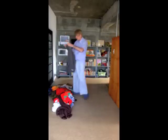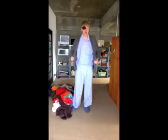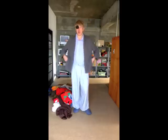So here's one I don't have to struggle with. This is a kind of cardigan, which I guess would be the first instance of what I call shufu clothing. Shufu is the Japanese for a housewife, and I buy a lot of shufu stuff. Housewives in Japan have a very particular kind of shop dedicated to them, which often has very beautiful Japanese fabrics and kind of strange garments, which are